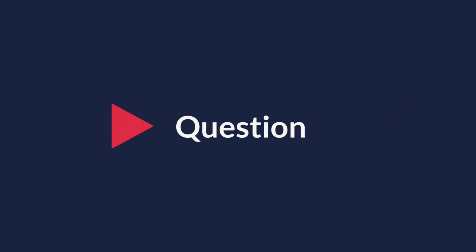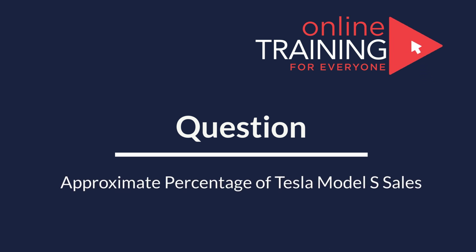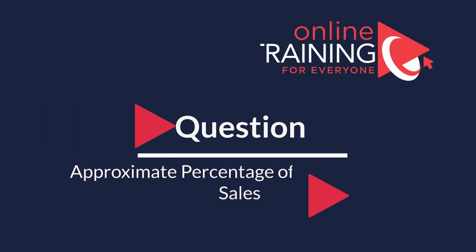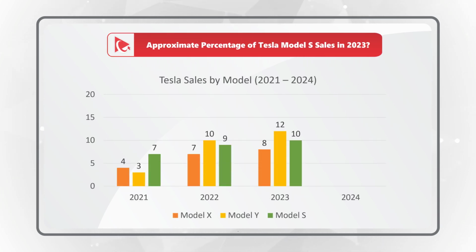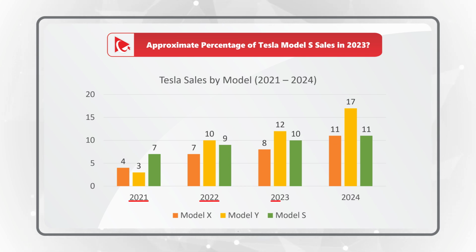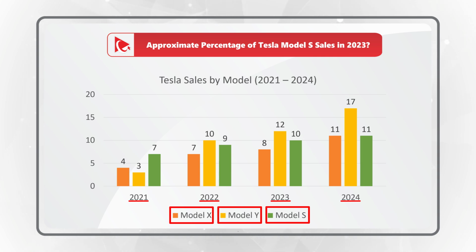Here's a very interesting question where you need to calculate the percentage of Tesla Model S sales in 2023. You're presented with a bar chart, which shows sales for the periods of 2021, 2022, 2023, and 2024. And each section has sales for Model X, Model Y, and Model S. Based on the information presented, you need to determine which number is correct out of 4 different